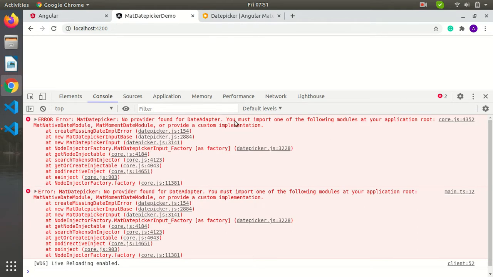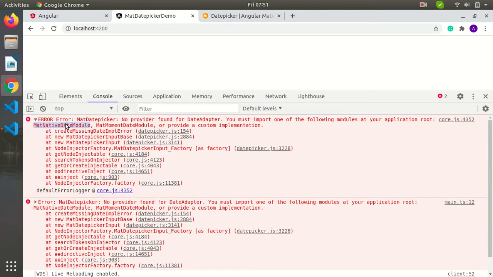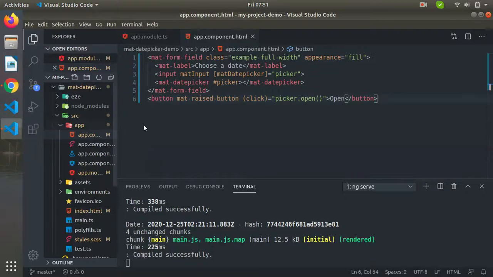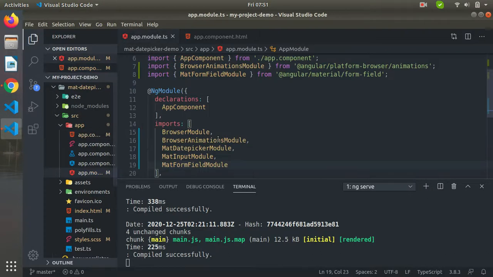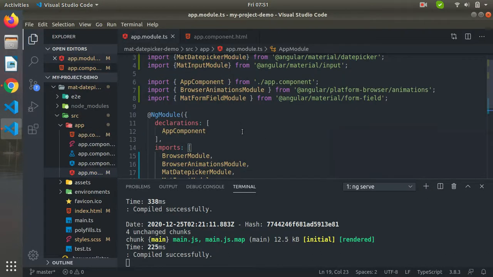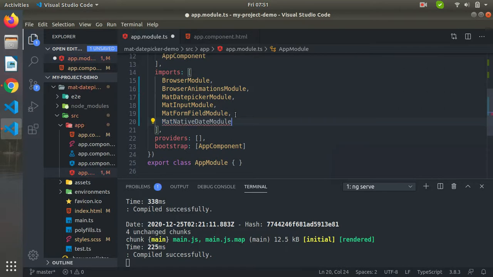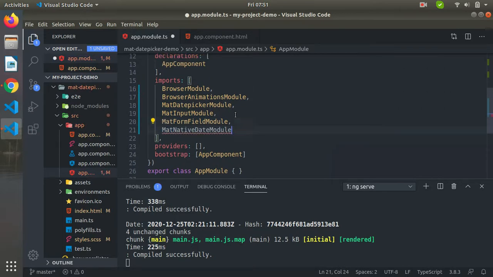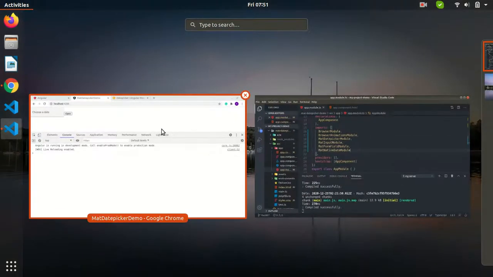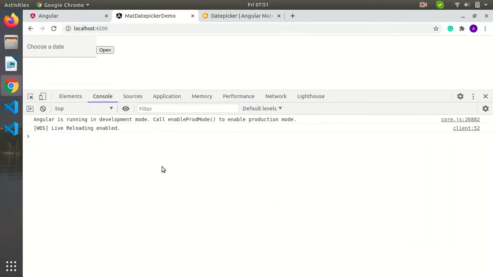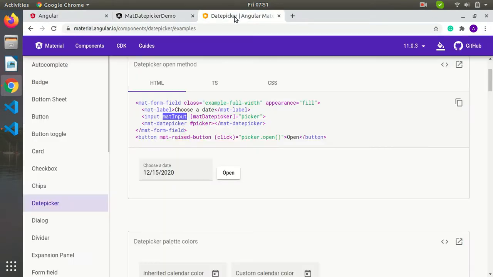One more thing we have to add into our app module TS file, that is mat native date module, and it will be auto imported. Now we can see the error got resolved and our field is just like the official docs input field.